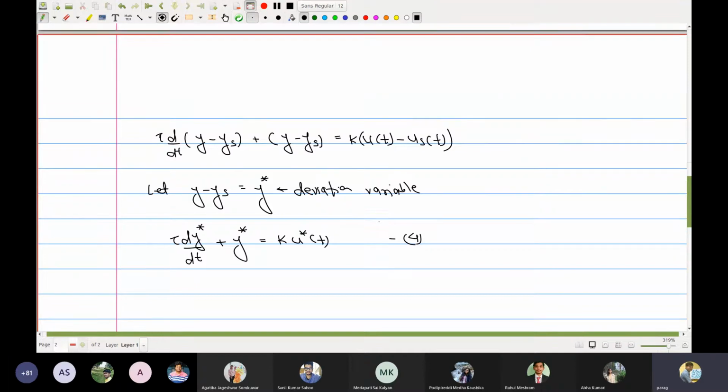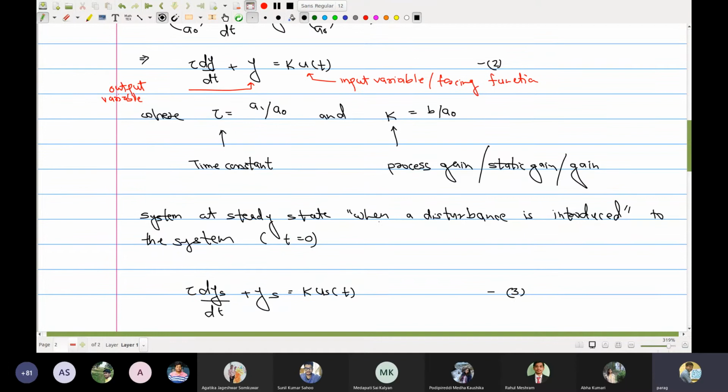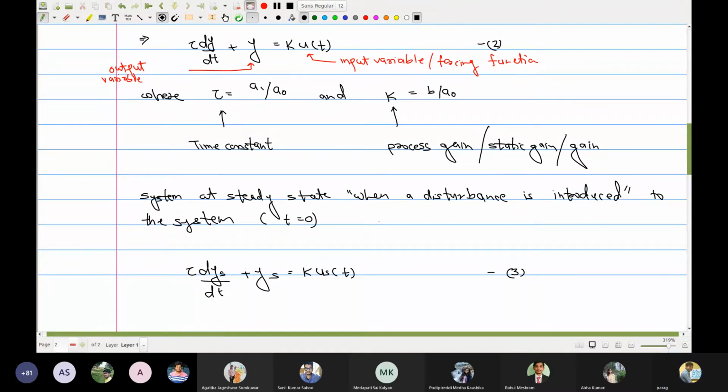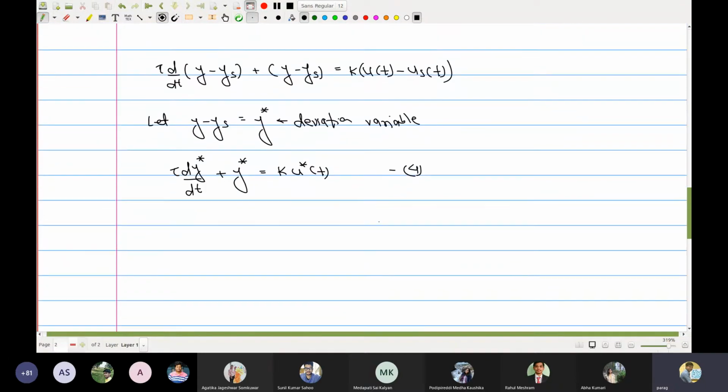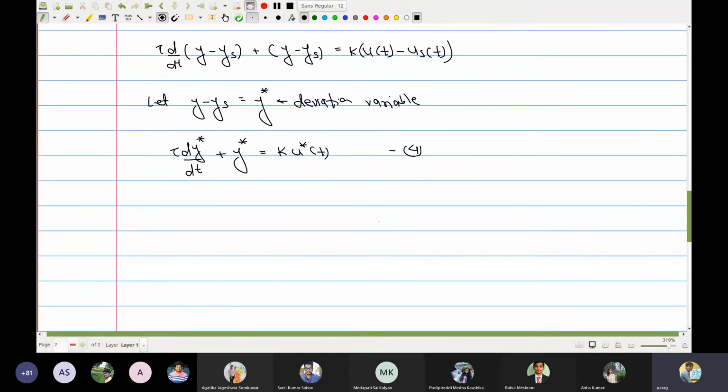So if you see equation 4 and equation 2, they are the same equations with two different variables, but equation 4 is in deviation variable form, and this will make my life easy to do the Laplace transformation. Let's see how I do that and why it makes my life easier when I take the Laplace transformation of